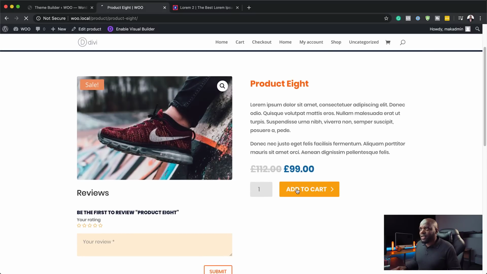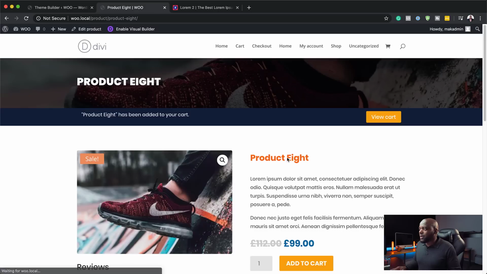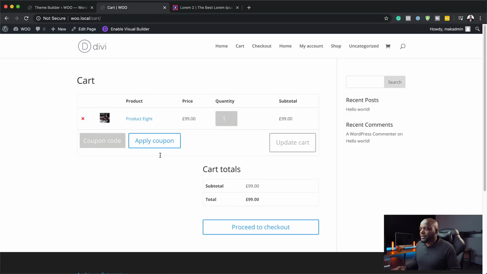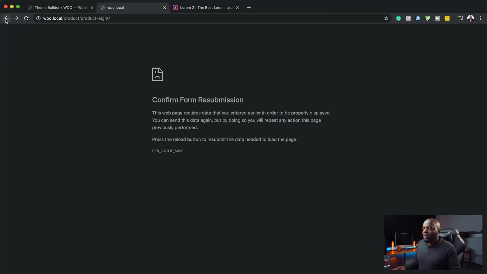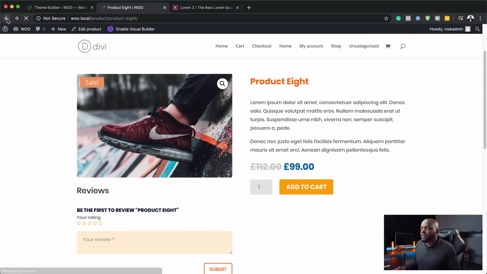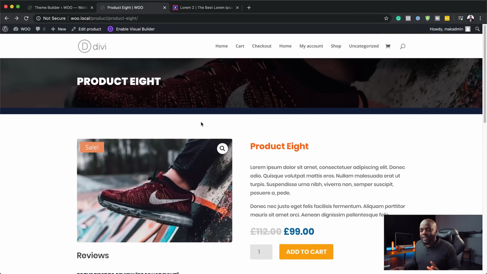But let's try and click on add to cart and let's see what happens up here. So you can see now this is where this information now shows. And then I can click on view cart. And here we can see we have all our items in our cart and that's looking great. All right. So, oops, let's just go back here. There we go. All right. So the next step now is